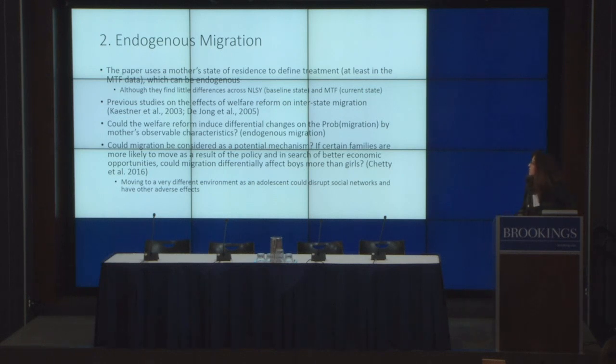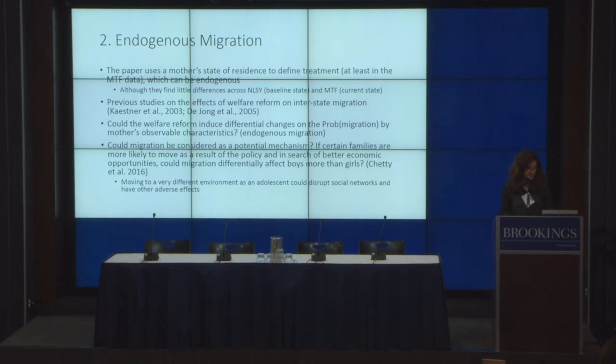Okay, the second point that I wanted to bring is endogenous migration. In the main analysis of the paper, the authors define treatment based on a mother's current state of residence. So this could potentially be an endogenous decision of where to live. However, in their NLSY analysis, where they use the panel structure, they find somewhat similar coefficients. So perhaps the endogenous mobility is not a major concern, but since you have the NLSY, you could actually test